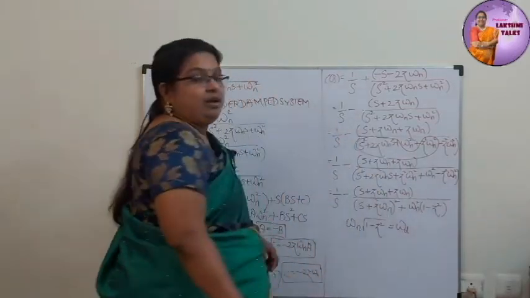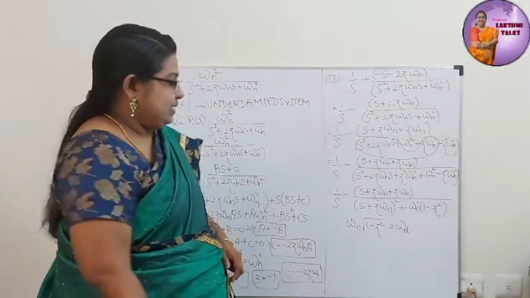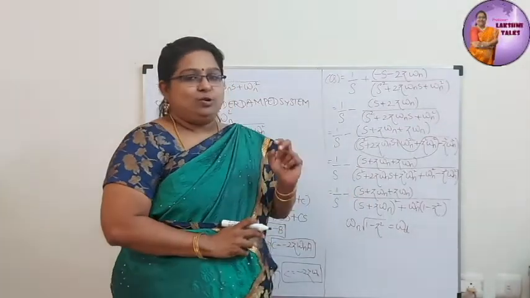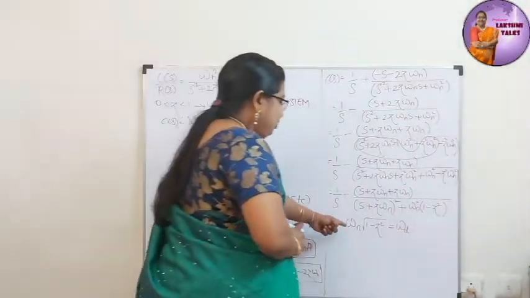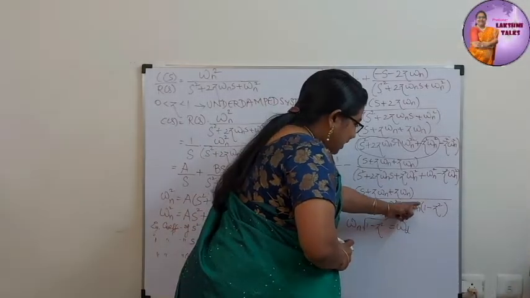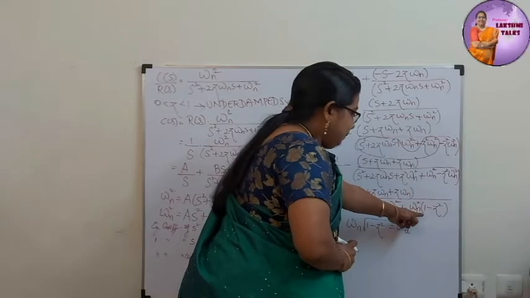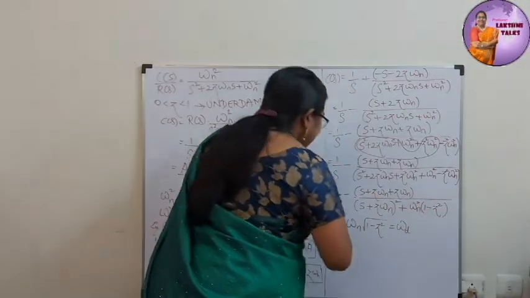Omega d is called the damped frequency, the frequency with the damping factor included. So when you rewrite omega n square times (1 minus zeta square) in terms of omega d, what happens? It becomes omega d square, right? So